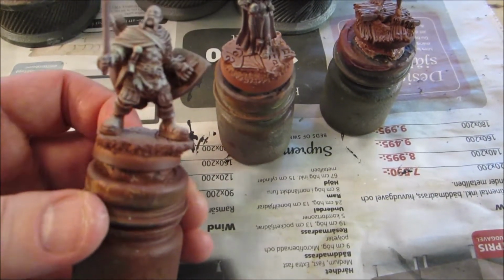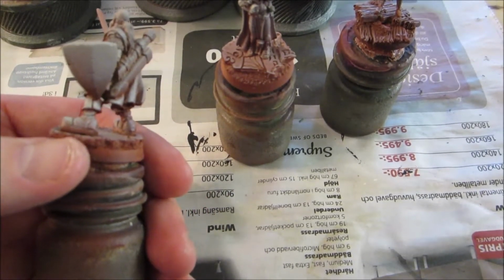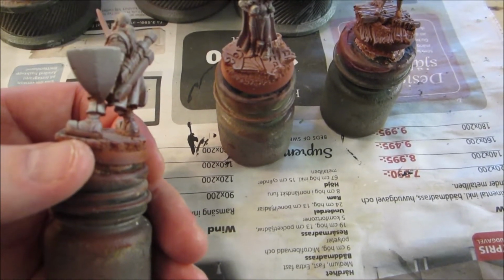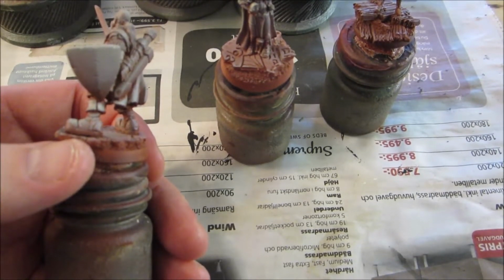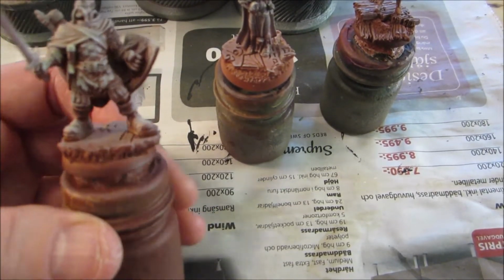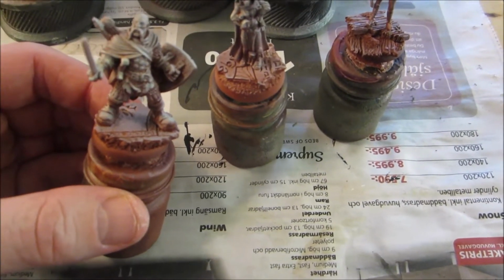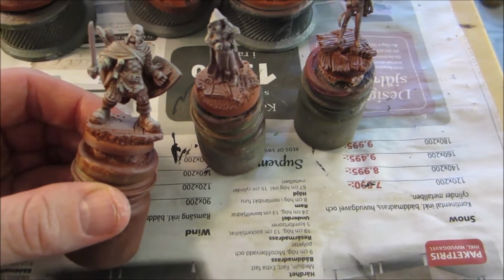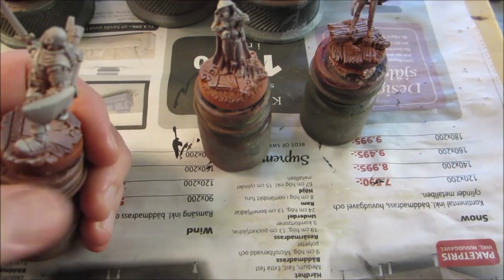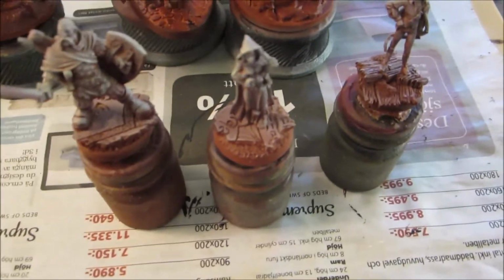And this is the reason why he looks like he's wearing moon boots, because filing, it looks like he has really thick soles on his boots. That's the remnants of the original base that I just couldn't be bothered to file all the way down. That would have taken forever. There was no way to cut it. I would have had to file it. But if he's standing a little taller, he has a little bit of a platform shoe thing going on, I don't think anybody will notice that. So I just filed along the sides to smooth them out and then pinned him to this new resin base. And then we have the monsters,